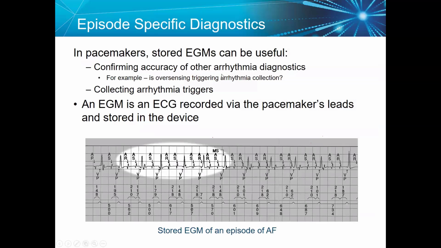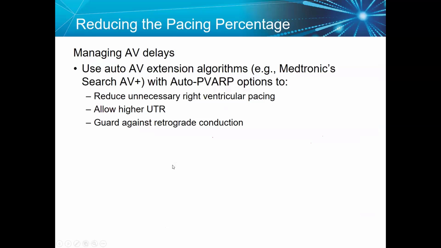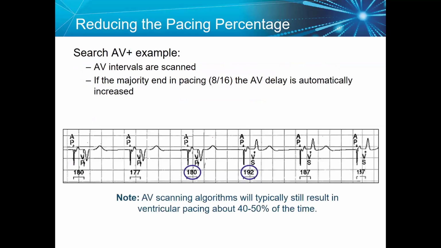Confirming the accuracy of other arrhythmia diagnostics is oversensing or triggering an arrhythmia-collecting arrhythmia trigger. Okay, managing AV delay: use an auto AV extension algorithm, search AV delay in Medtronic, IVR in St. Jude, and IR Plus. Okay, with the auto AV option, reduce unnecessary right ventricular pacing, allow a higher upper tracking rate, and guard against retrograde